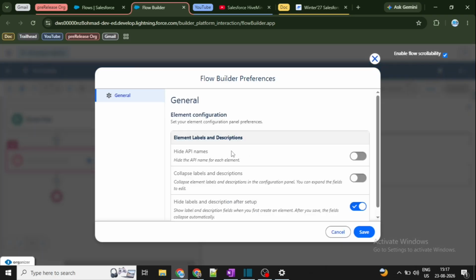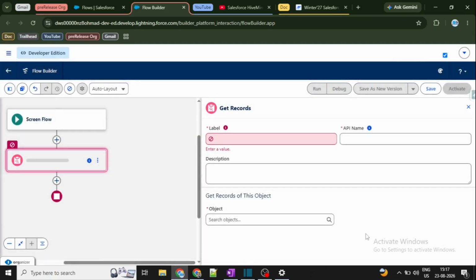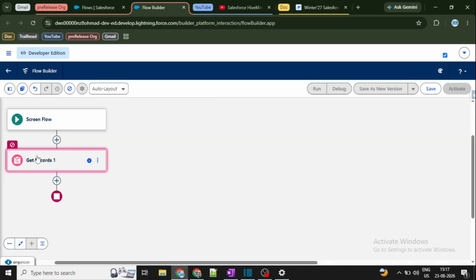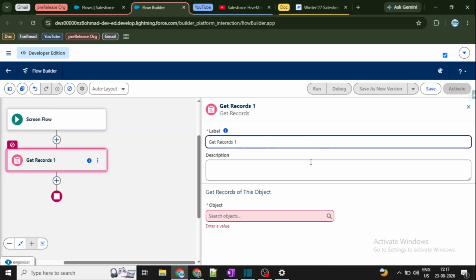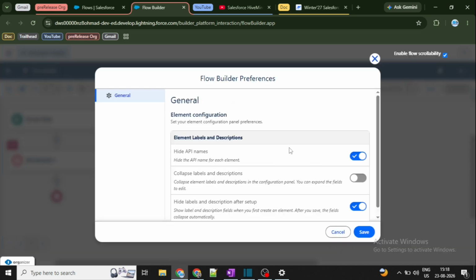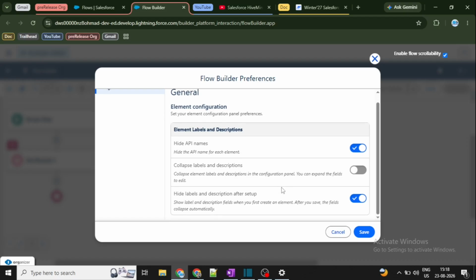If we can click on this and it is saying hide API names. If we can hide API names and save it, what we will see, we can open this. You can see API name is gone. Only label is showing up. So you can see these are the flow builder preferences, hide API names, collapse labels and descriptions, collapse element labels